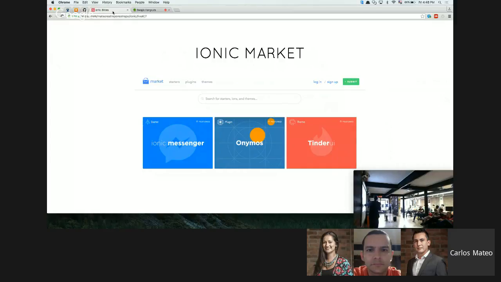For example, Animals. It's a file manager that you can use to get all your information from your phone, and it will work with Android and iOS. Maybe we don't know about it, but handling the files on iOS is a mess, and this helps with that. And also we have themes. Cordova and Ionic come with a normal template that has some